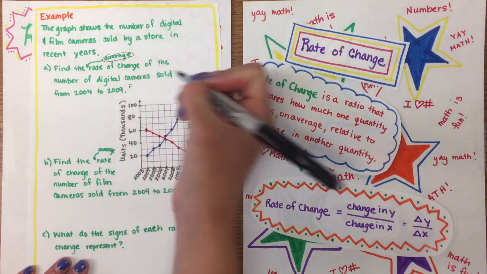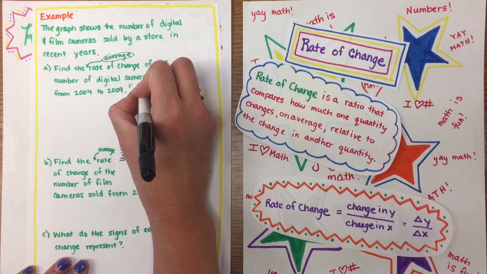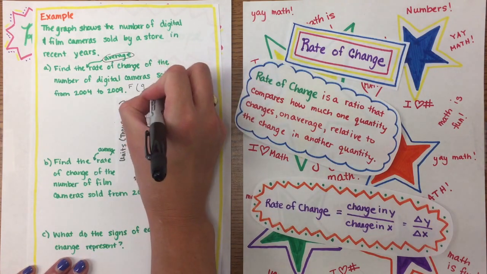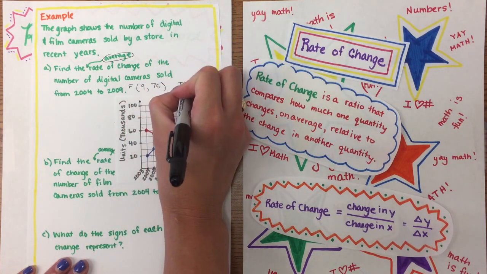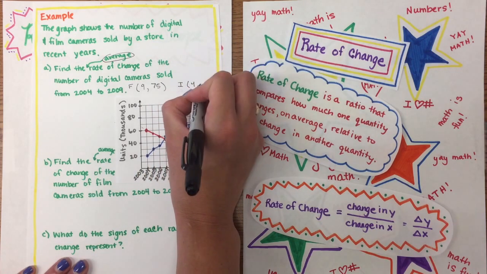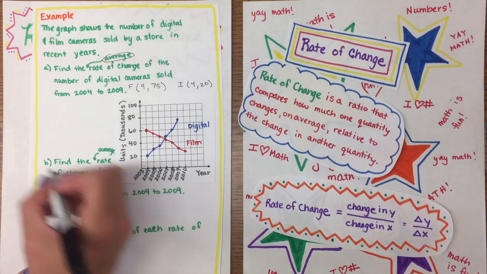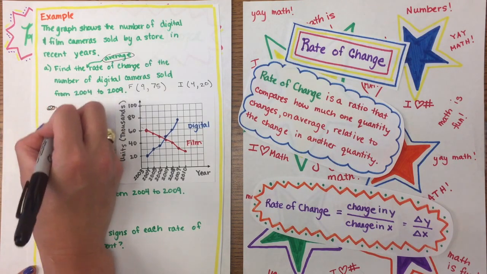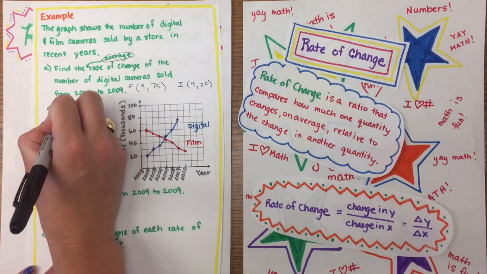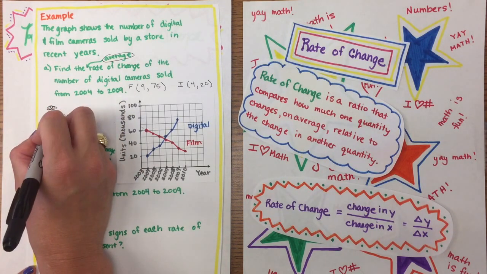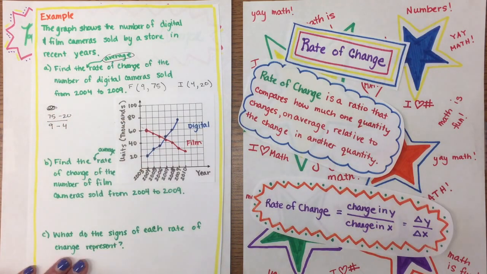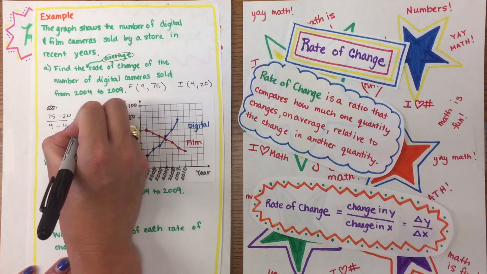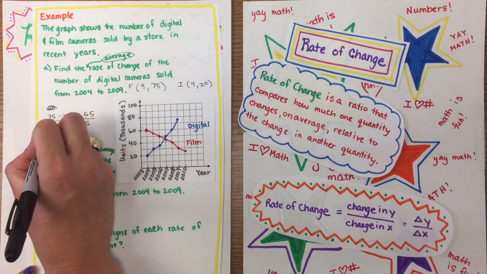So my final, in 2009, which I'm just going to express with a 9 for 2009, they sold about 75,000 cameras. And the initial, in 2004, they sold about 20,000 digital cameras. So my average rate of change is going to be my final number of cameras sold, 75,000, minus my initial, which is 20,000, divided by the final year, which is 2009, minus the initial year, which is 2004. My ordered pairs should be stacked. So this is 55 over 5,